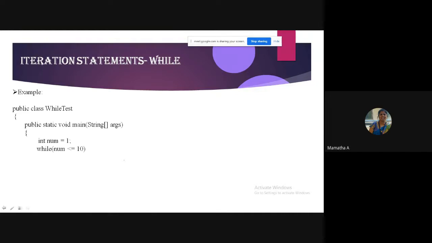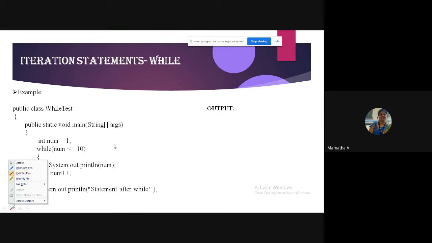I have this example. Quickly tell me the output. What does it print? And one more thing that I would like to tell you all. When you are writing while, make sure you have proper initialization and proper updation.